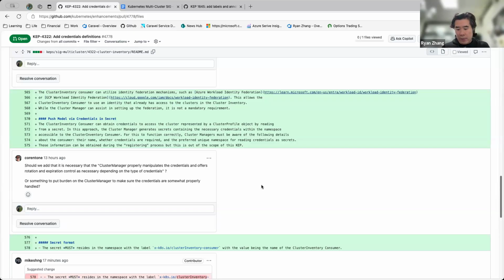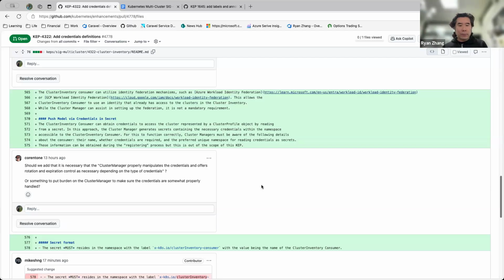In this cap, we only say that if you need that, use some magic, or maybe you can use some multi-cluster manager proprietary ways to do that. And when that is done, if the cluster manager implements this cap, they should put the secrets into those namespaces. How that is done is not spelled out in this cap. Actually, it was never spelled out in this cap, but it was kind of spelled out in the API. But now it's not even in the API.